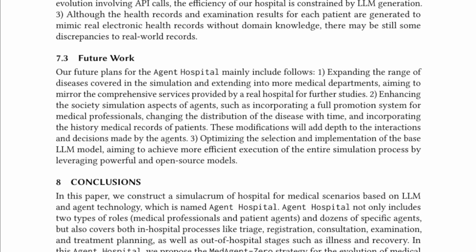Enhancing the society simulation aspects of agents, such as incorporating a full promotion system for medical professionals, changing the distribution of the disease with time, and incorporating the history medical records of patients. These modifications will add depth to the interactions and decisions made by the agents. 3. Optimizing the selection and implementation of the base LLM model, aiming to achieve more efficient execution of the entire simulation process by leveraging powerful and open-source models.